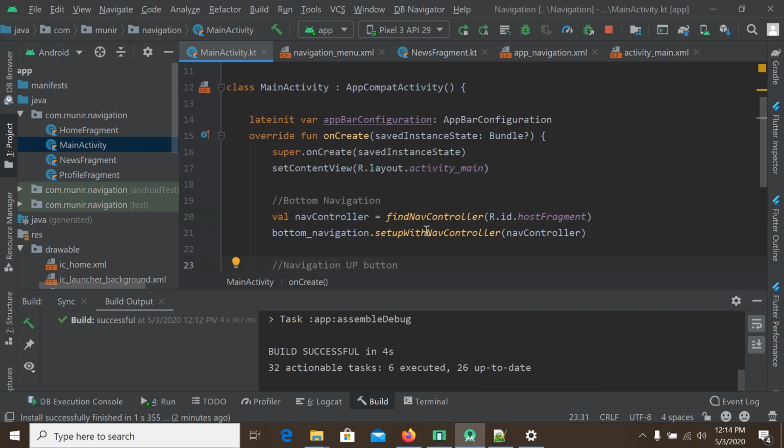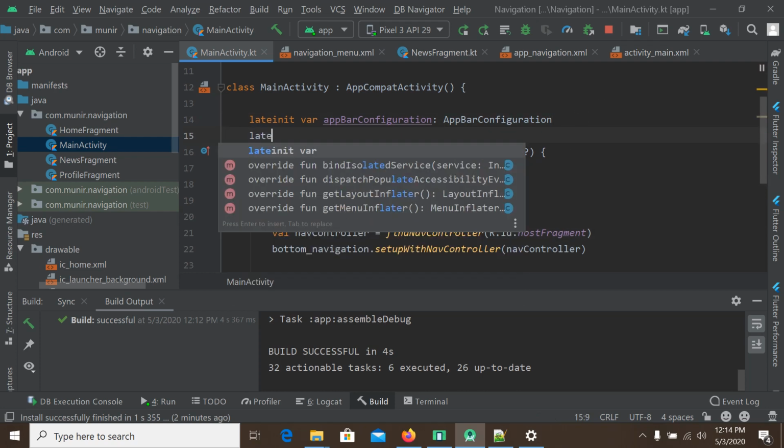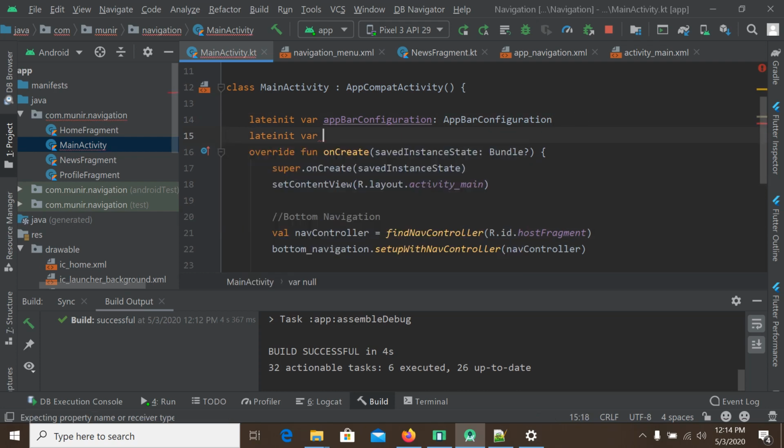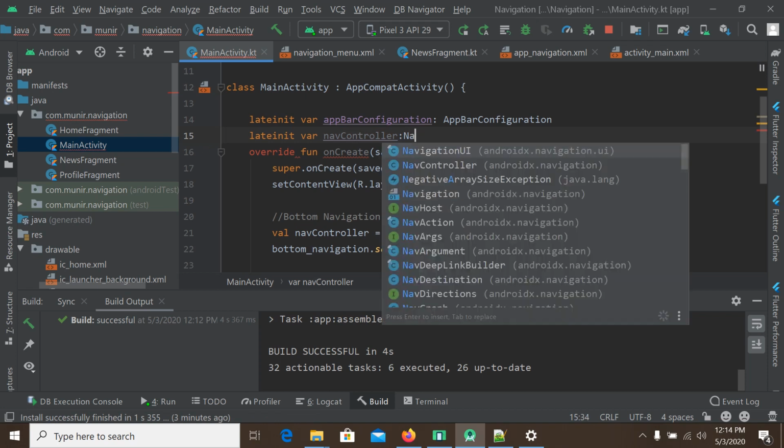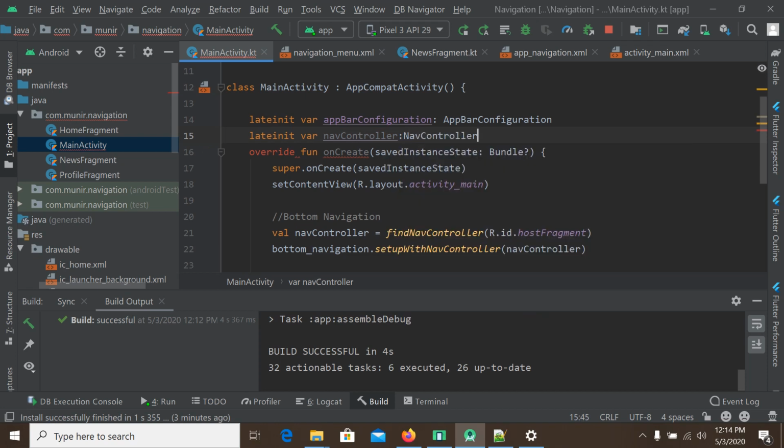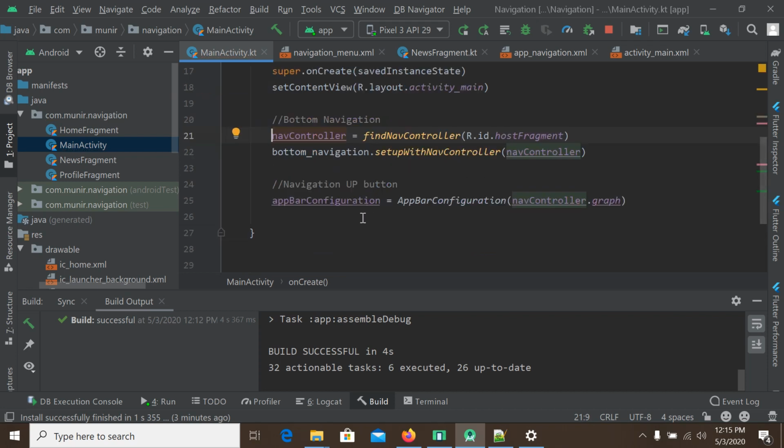Okay, I think we need to modify this one also. Just create a let init variable. So let init var nav controller with the type of nav controller, and we'll delete the val. Okay, great. Now our app configuration has been created,